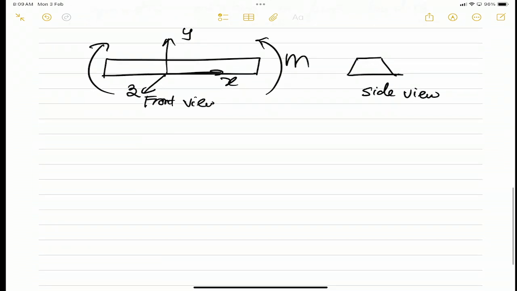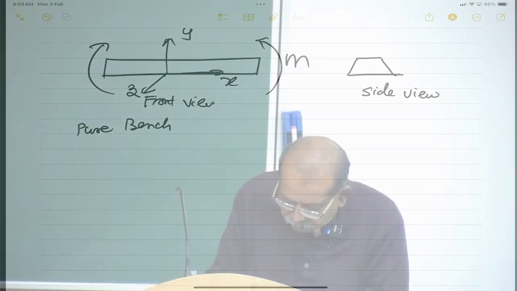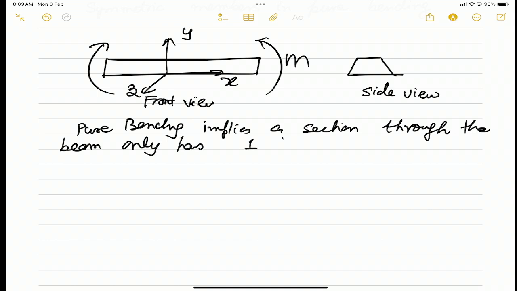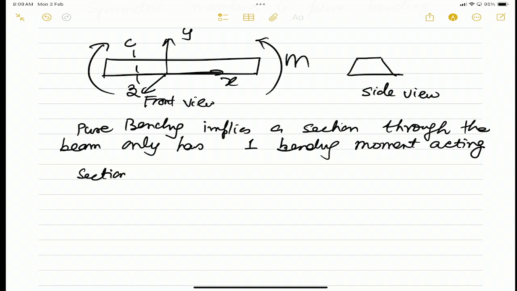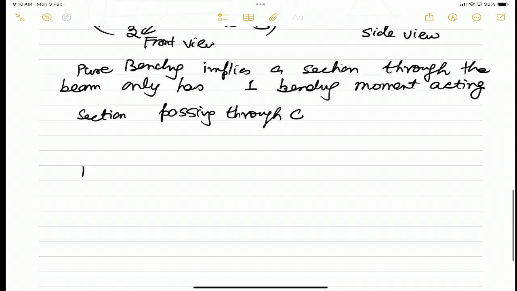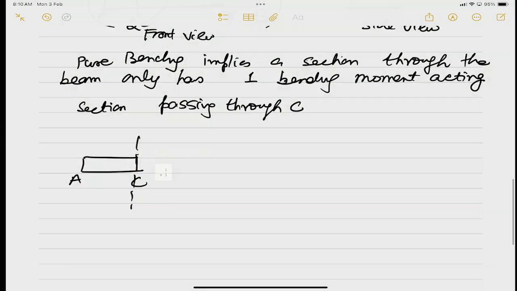So, pure bending implies a section through if we look at a section passing through C. So, let me call this as A, call this as B. So, I cut a section at C, and then what I find is